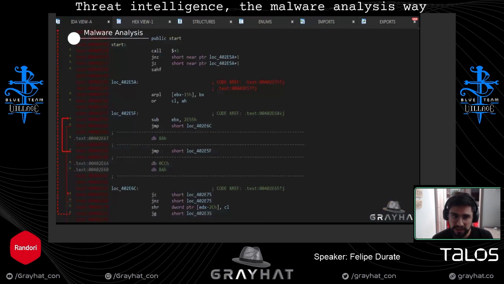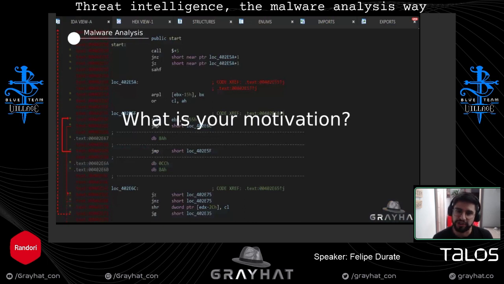So we're going to start talking about malware analysis. And sometimes when we start talking about this topic, we start talking about assembly and instructions and opcodes and a lot of stuff that is highly technical. So it's not easy to grasp these ideas. And there's one question: what is your motivation behind understanding those things?